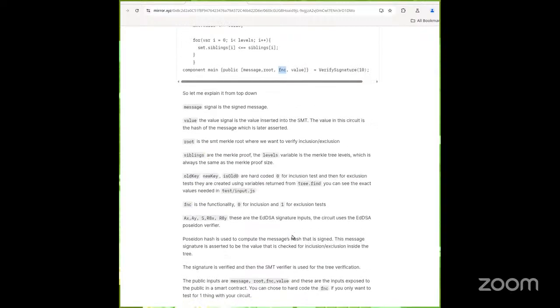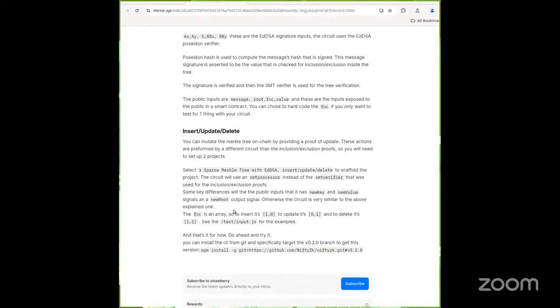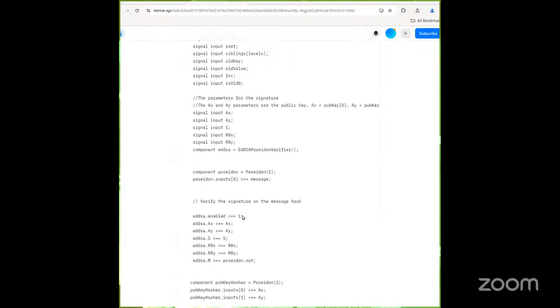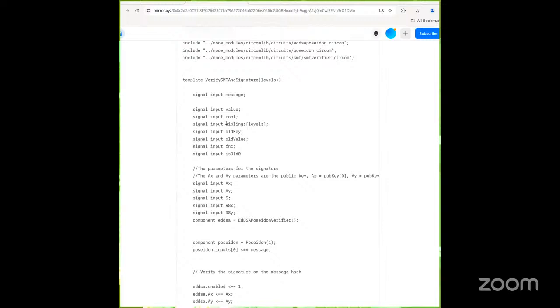And you can test for insert, update, delete, where the circuit is very similar. So it's not included here, but basically you can check on chain if an insert into a Merkle tree is a valid insert, and that the new root you're trying to save is derived from the previous one. It's also good for scaling because you can create really large Merkle trees with millions of entries, but they don't have to be committed on chain.